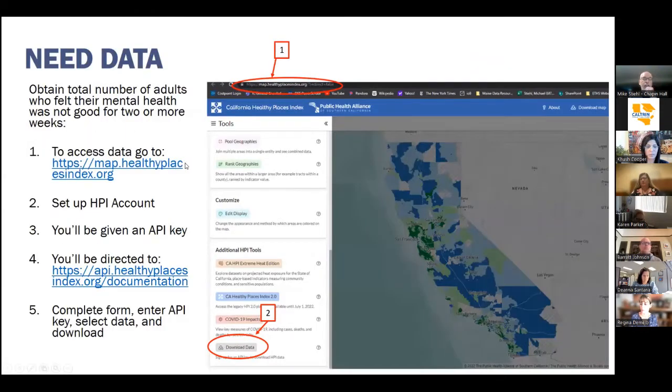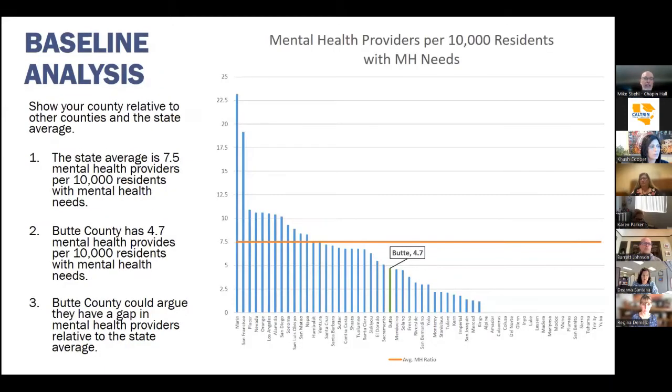So now that you've got population data and you've got supply data and you've got need data, all you have to do is divide the total number of mental health providers by the total number of people who need mental health services, and then multiply that by some number like 10,000 to get a rate. And you can compare, you know, apples to apples, county to county,